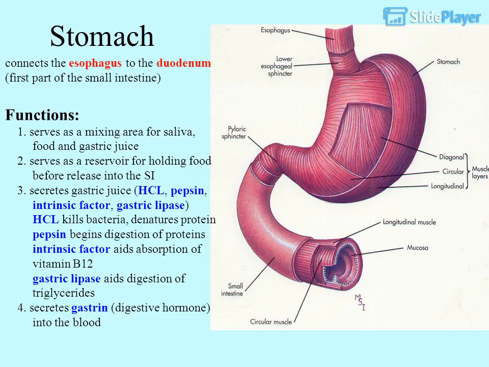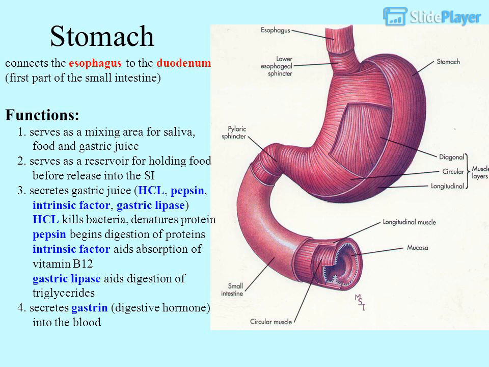Stomach functions. Connects the esophagus to the duodenum, the first part of the small intestine. Functions: 1. Serves as a mixing area for saliva, food and gastric juice. 2. Serves as a reservoir for holding food before release into the small intestine. 3. Secretes gastric juice: HCl, pepsin,